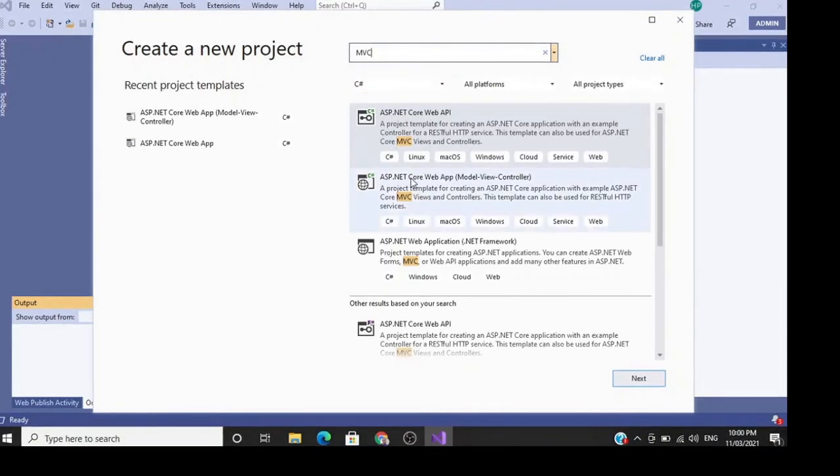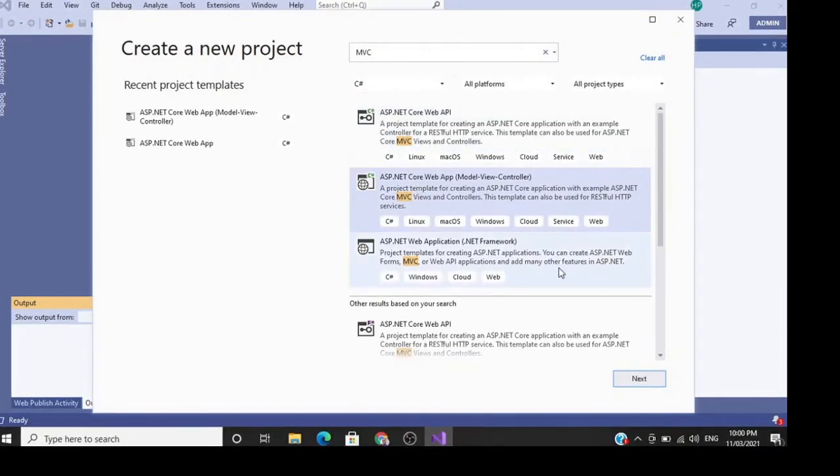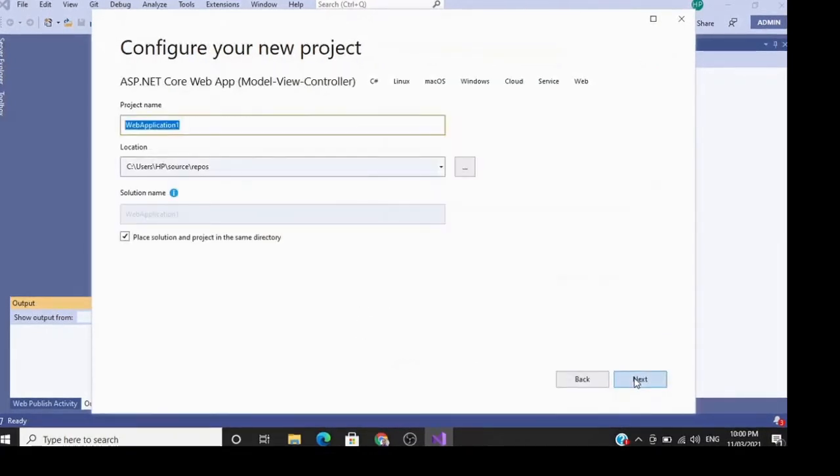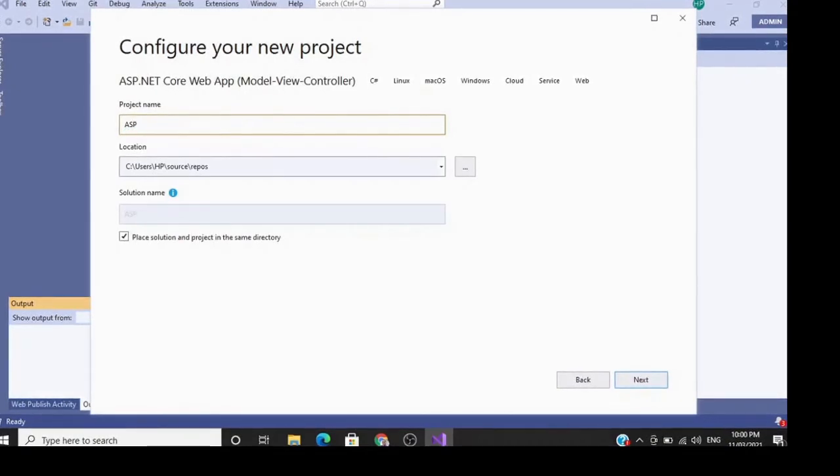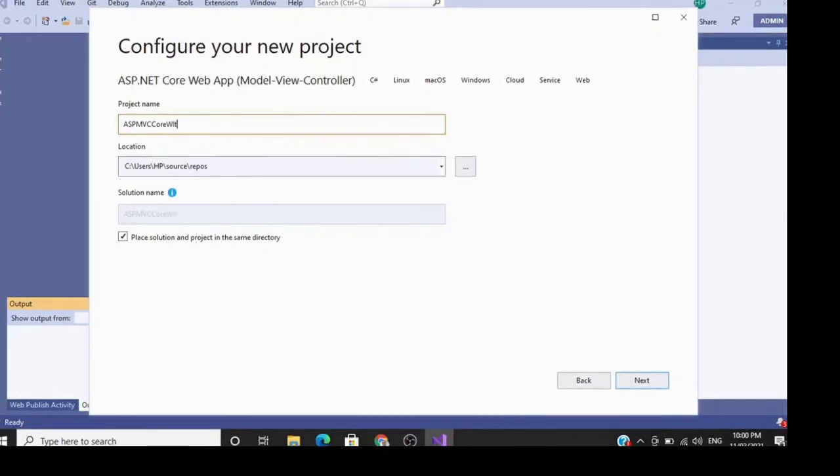And I got a couple of choices. I'm selecting this ASP.NET Core Web App, clicking on next, giving a project name, location, and the solution name is default.